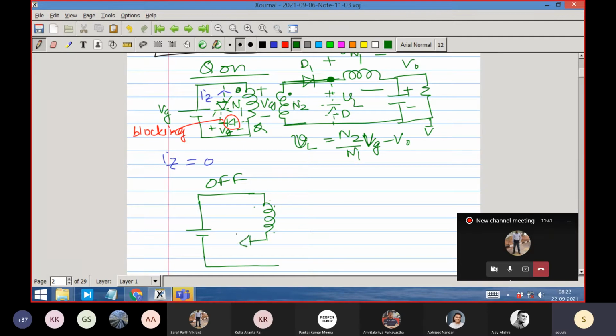This diode is now conducting, and this Zener is now breaking down, and the voltage across the Zener is plus polarity here, minus polarity here. Diode is conducting. This current, I will say IZ, IQ is equal to 0, I switch is equal to 0, IZ is there. IZ will be equal to the magnetizing current of the transformer. I will sketch it also. But you see the voltage polarity is coming this point as positive and this point as negative